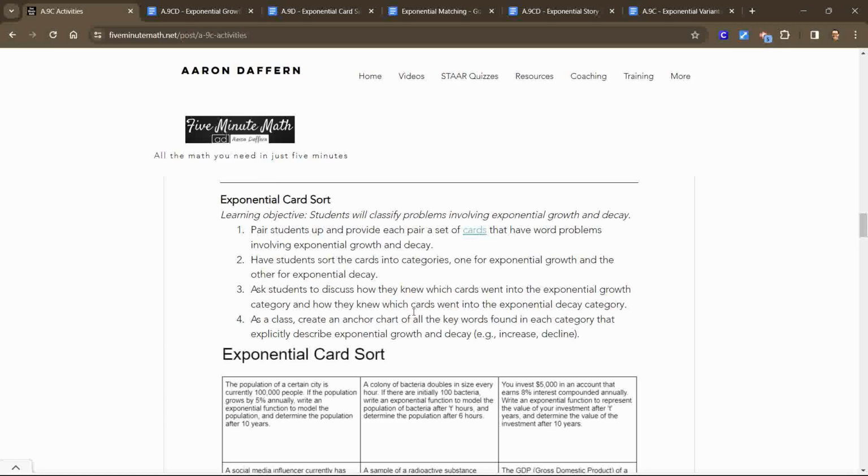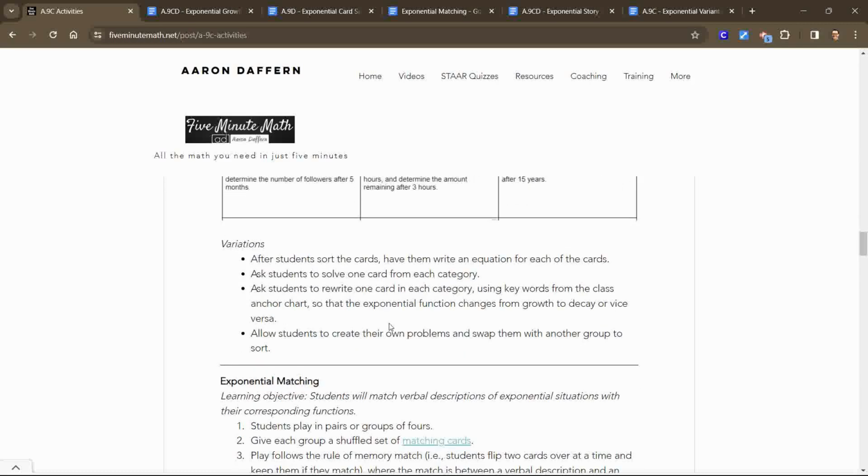How do they know? We're asking them to discuss how they know which cards went into each category, and then they can create an anchor chart, or you as a class can create an anchor chart of which keywords were found to explicitly name growth and decay other than obviously growth and decay. So after they sort the cards, you can have them write an equation for each of the cards if you want. You can ask them to solve one card from each category